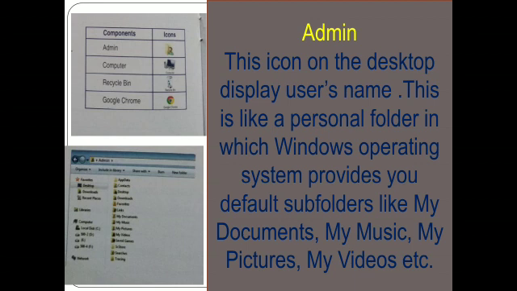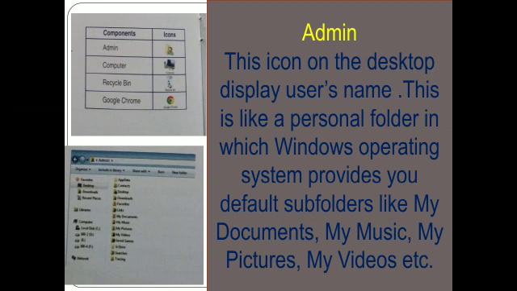Admin. This icon on the desktop displays the user's name. See in the first image, students, the admin icon there. Yes, it basically displays the user name.